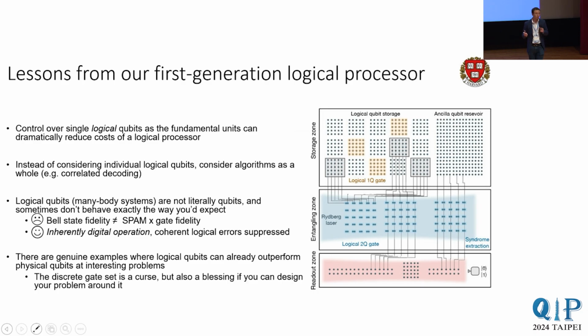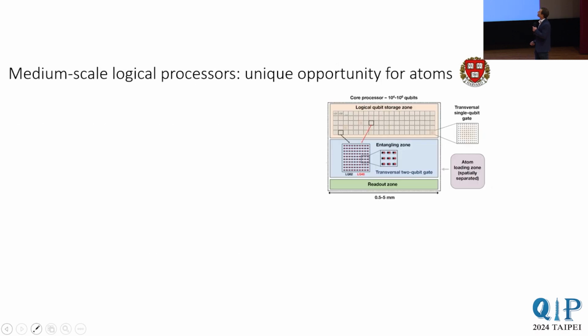And of course, a really big challenge here is this discrete gate set. The discrete gate set is a curse. But if you flip that around, it can be a blessing. Because, for example, if you find a specific algorithm that lies within this simple set of discrete gates that you can do, then it's one of the few unitary evolutions your logical qubits can even do. So it's something that it can realize really precisely. And I think there are going to be many more opportunities here for doing these early generation logical algorithms. So that's the lessons from our first generation, what I would call early generation logical experiments.